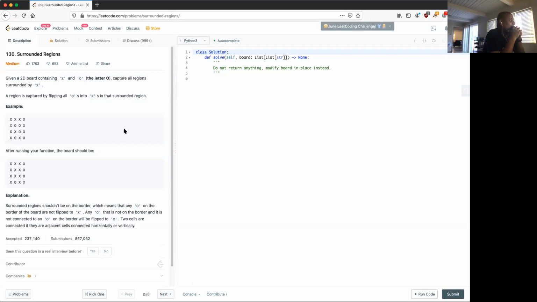Surrounded regions. I did it using the graph. So that's my problem. Okay, the question says, give me a second, surrounded regions, rows, columns. Okay, so the question is that